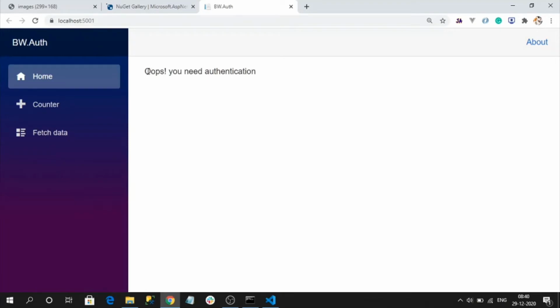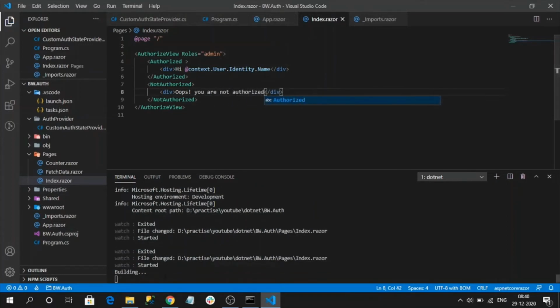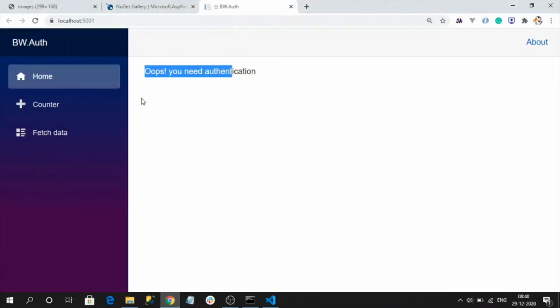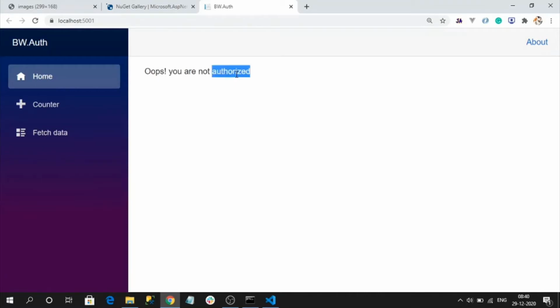See, we are getting you are not authenticated. I can change the message to you are not authorized. Now we are getting you are not authorized.